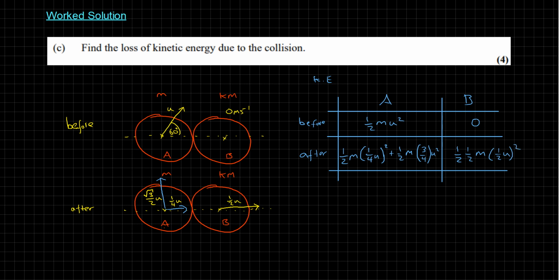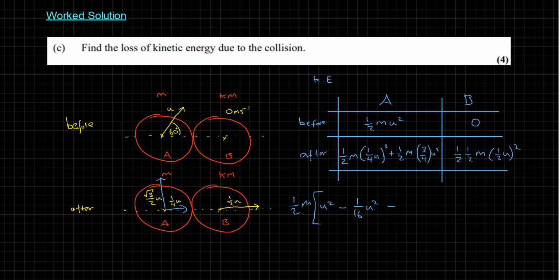Let me just have a think about that. Yeah, I think that does make sense. There's a lot of halves in there, but that does make sense. Okay, and then the loss is going to just be the before minus the after. So we've got a half m u squared minus. In fact, so I can save a little bit on writing out, let's just put a half m as a factor outside everything, because I know that's a factor in everything. So we've got a half m times u squared, and then minus a quarter u squared, that's a 16th u squared,